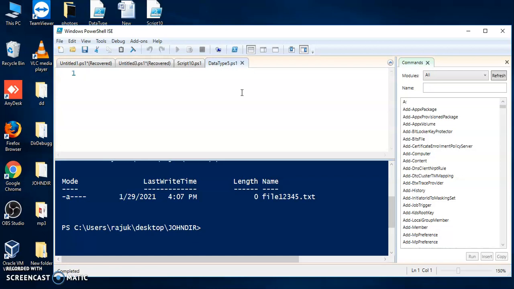Now we will see how many types of data types and what kind of data types. I will write a program for that.